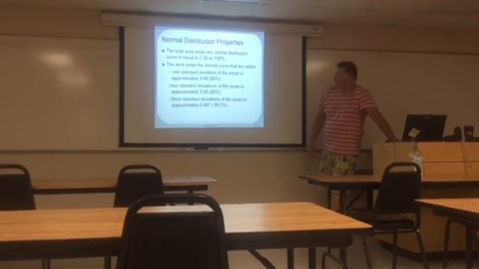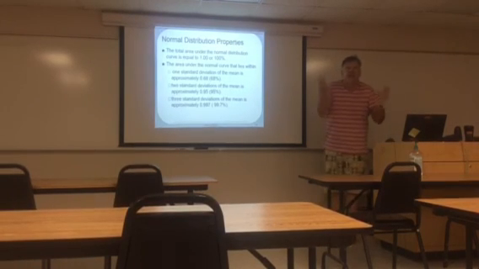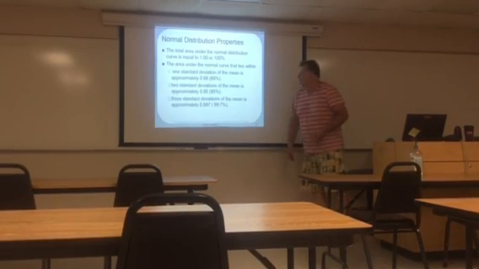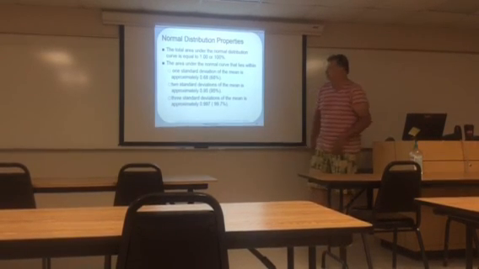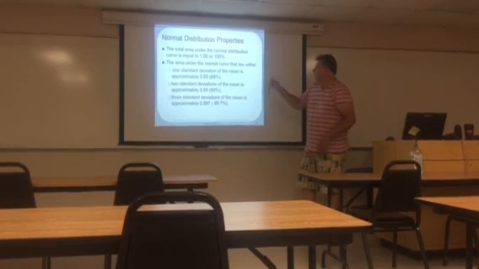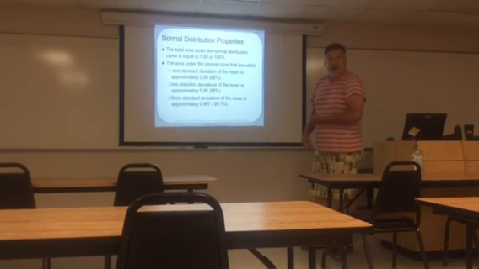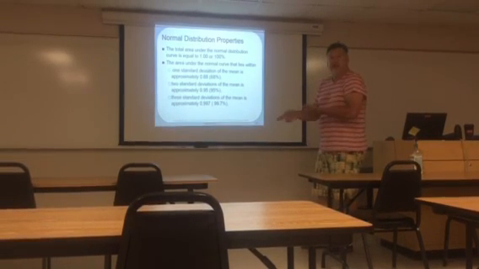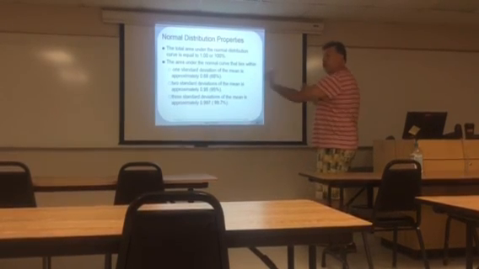The total area under the normal curve is equal to 1 or 100%. And what we talk about in this class is percentages under a certain area of that curve. On the quiz, there's a lot of questions about that, and I'll try to clear that up as best I can. One standard deviation of the mean is approximately 68%, and what that means is plus and minus 1 standard deviation from the mean. So if I go 1 standard deviation plus, and I go 1 standard deviation